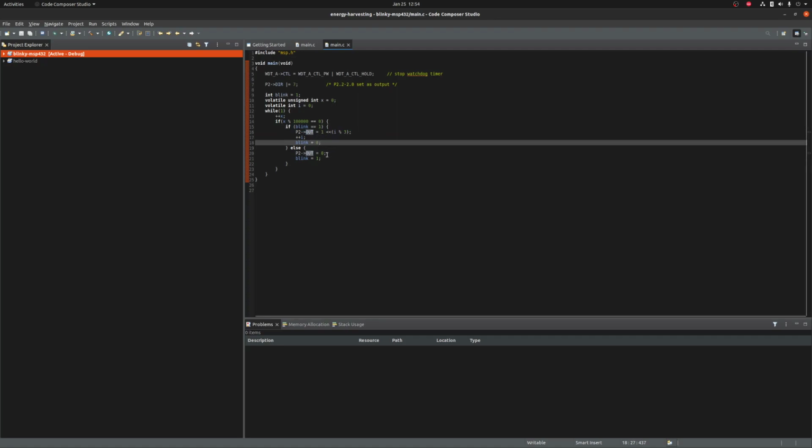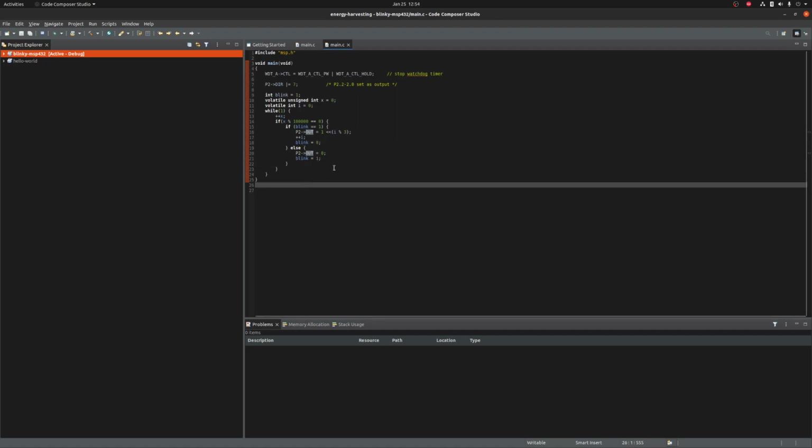Then blink is set to 0, meaning that it goes off after it changes the color, and then you repeat the whole step. So it goes red, off, green, off, blue, off, and continues repeating. And so then